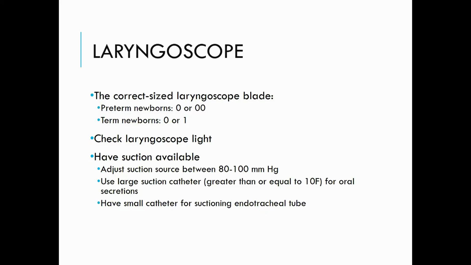Have the suction readily available and plugged into the wall, and it should be set somewhere between 80 and 100 millimeters of mercury. And then you want to make sure that you use a large suction catheter. We usually use a 10 French for any sort of oral secretions. If you have a preemie, you might want to use